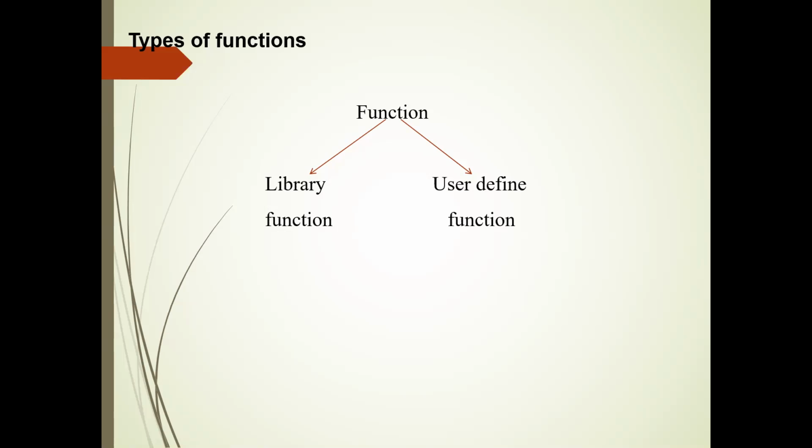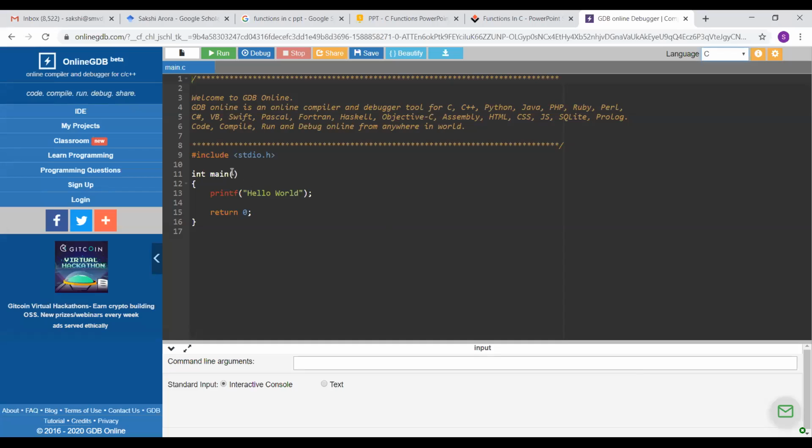We have basically come across the library functions or inbuilt functions very often while writing our C programs. For example, main, as I told, is an inbuilt function. Printf is an inbuilt function. Similarly, scanf is an inbuilt function. All these are inbuilt functions. These are functions that the C compiler gives to us as a facility so that we may not have to write the code for these functions.